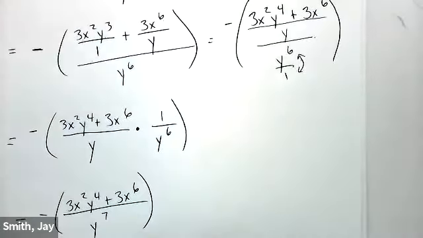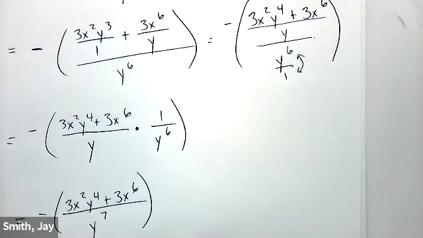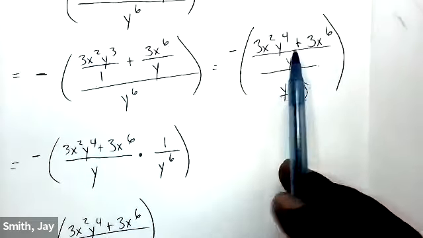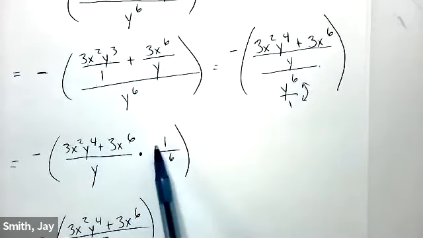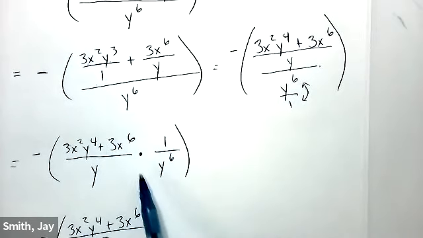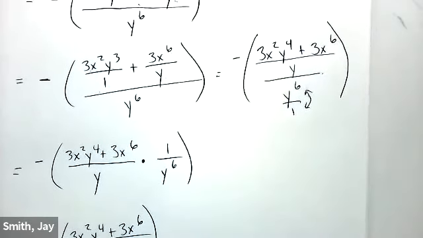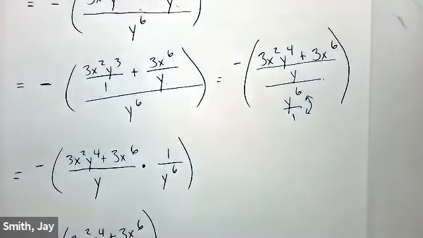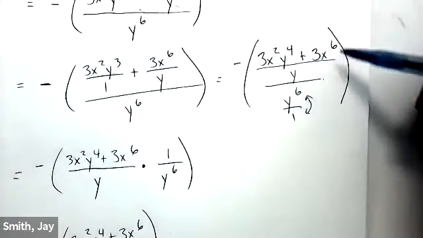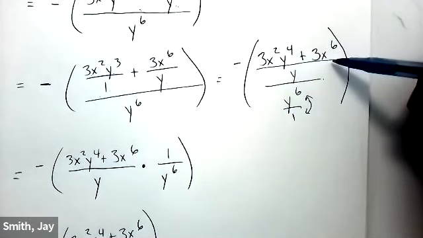Five, 6, it's still at the bottom. I thought that was supposed to be 1. Yeah, it is. Remember, we do the keep change flip, so we keep this fraction the same, change division multiplication, and then we did flip it to 1 over y to the 6, right? I thought like everything. Say that one more time. I thought like that whole fraction of both 12 and 6. Right here. Yeah, I thought all of that was like the